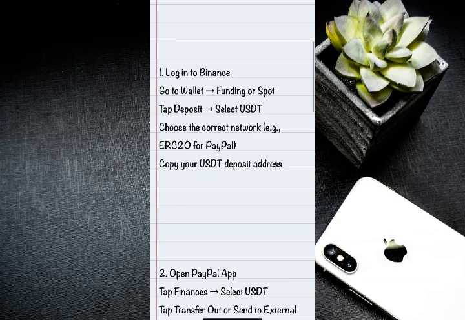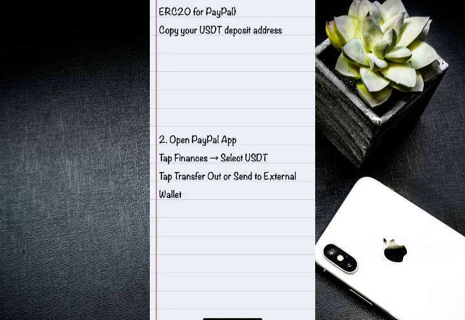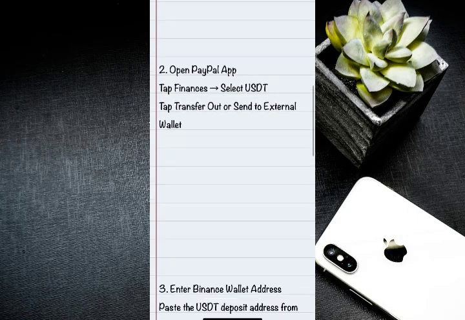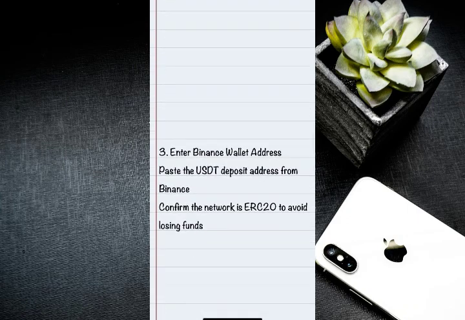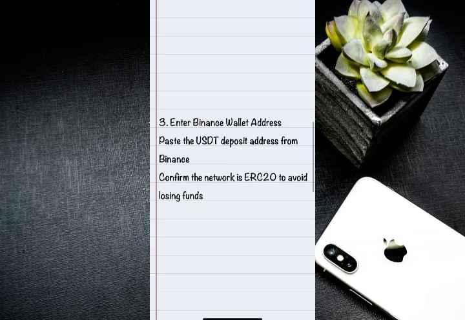Then tap copy your USDT deposit address, then open your PayPal app, then tap finances, select USDT. After that, tap transfer out or send to external wallet. So after that, you have to enter the Binance wallet address. To do this, paste the USDT deposit address from Binance, then confirm the network, which is ERC20, to avoid